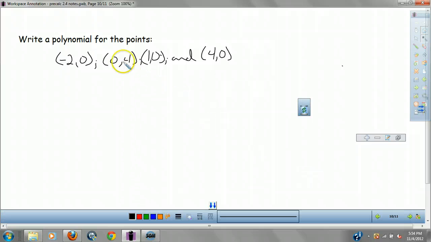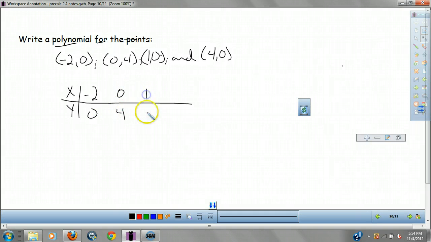Next one, write the polynomial for the points (-2, 0), (0, 4), (1, 0), (4, 0). And sometimes you'll see them written like this. That's an XY chart. -2, 0, 0, 4, 1, 0, 4, 0. What I want you to notice is,